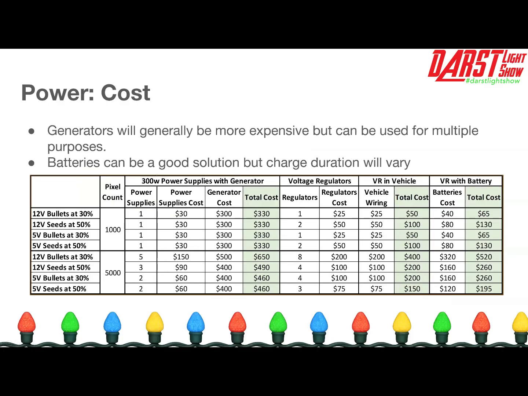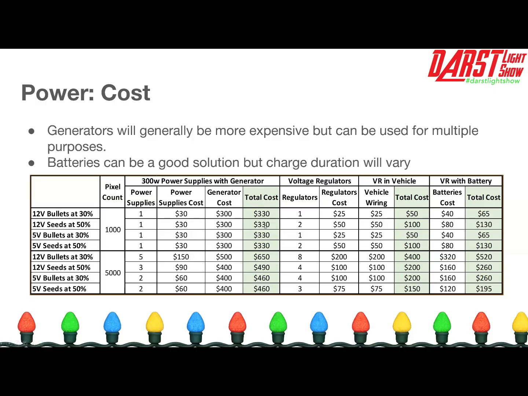Okay. Now, taking those same examples, what does a typical cost look like? If you're trying to get to about 1,000 pixels, then basically how many power supplies would you need, your power supply costs. And if we just stick with 12-volt seeds at 50%, that's the baseline I picked here. That costs you about $330